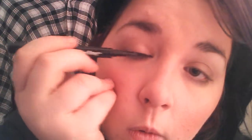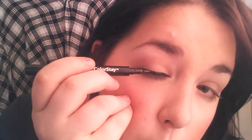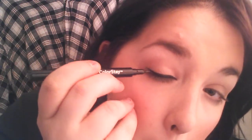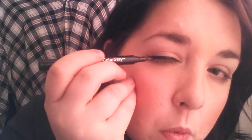Okay. So for this, you're going to start right in the middle. You just lay it flat and trace it to the tear duct. I like mine a little thicker. It's to your taste though. Okay. So now that I've got that, I'm just going to use the point. Extend it just a little. Okay. Okay, so there's one. And for the other eye,